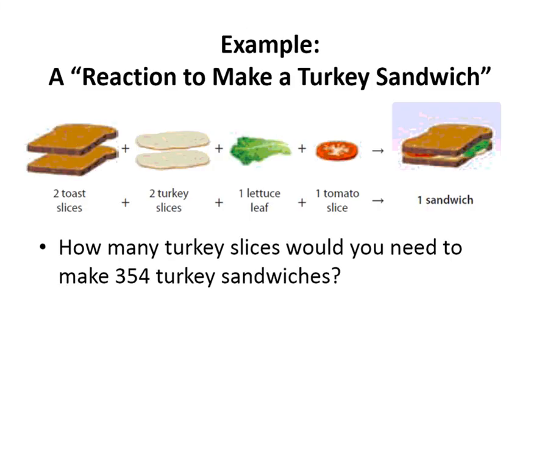So to introduce the topic, we're going to do a silly little example, and it's making a turkey sandwich from a chemical reaction recipe. You want to make a very simple turkey sandwich. You take 2 slices of toast, 2 slices of turkey, 1 piece of lettuce, 1 tomato, and there's your very simple turkey sandwich. That's the recipe, but it's been put in the format of a chemical reaction, where we've got pluses and an arrow, and anything on the left are the reactants, all the ingredients,